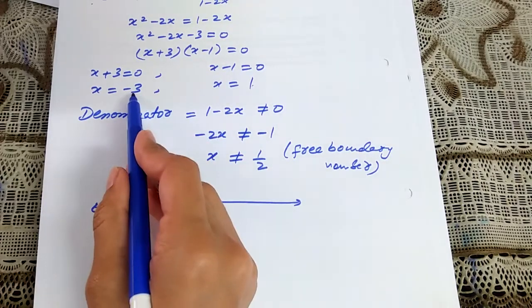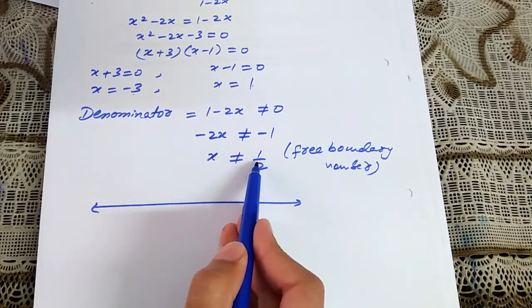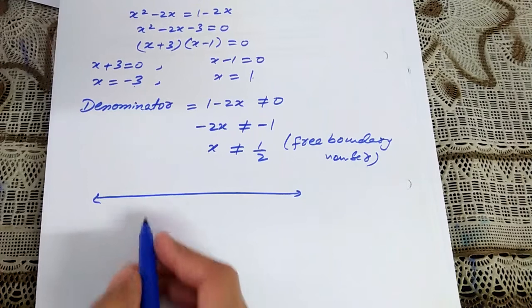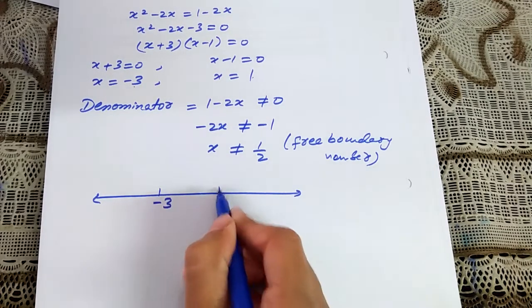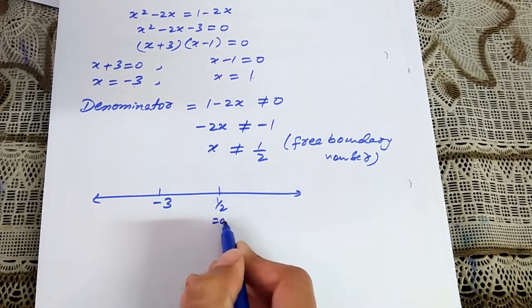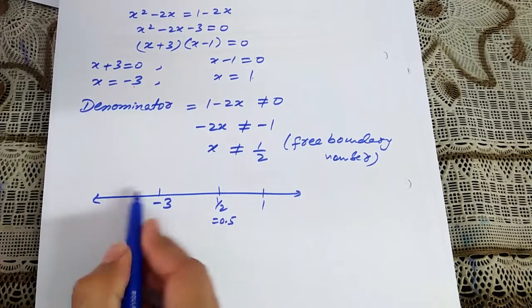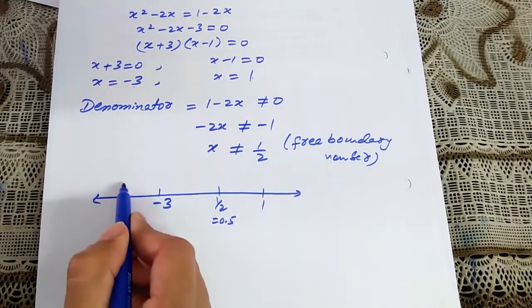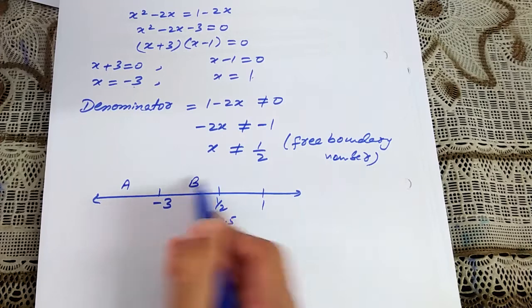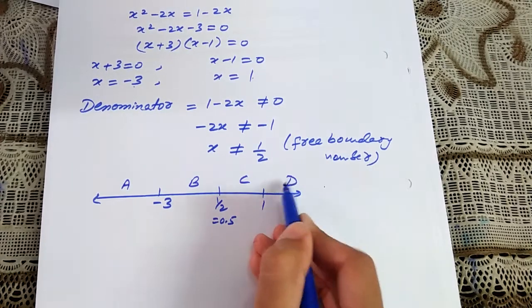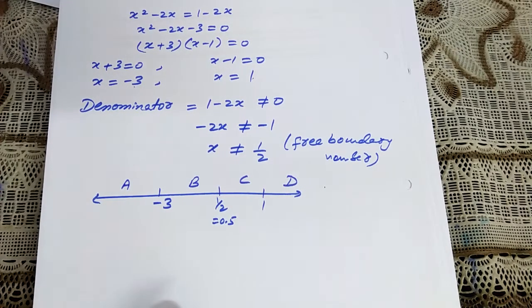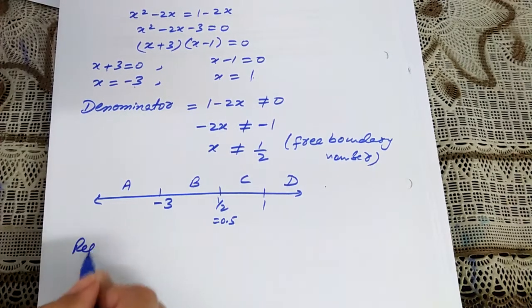So just draw the regions on a number line. You have -3, 0.5 and 1. It will be -3, half, that is equal to 0.5, and 1. Now from this to this region we name it like A, B, C, and this region is D. Now check all the regions here. If we check the region A,